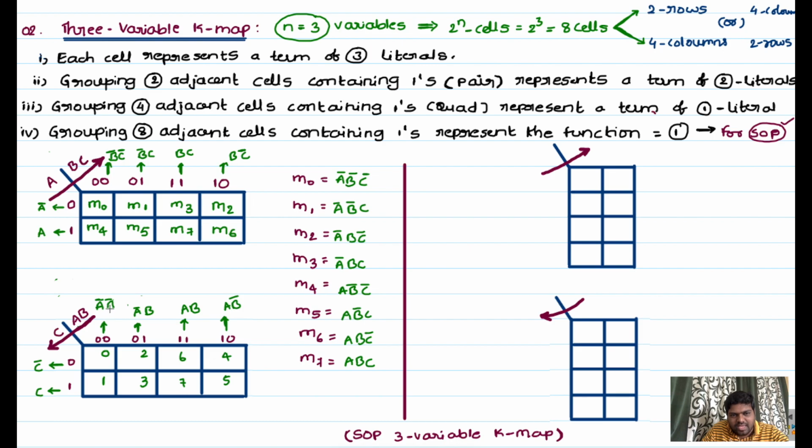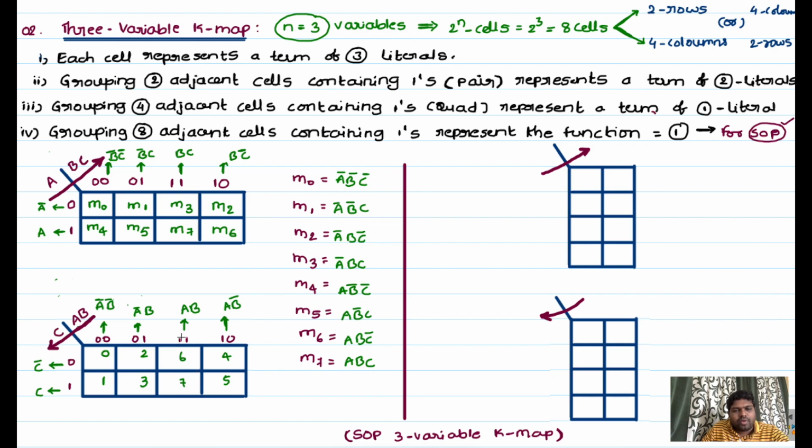So first these are the AB, after that C. So 0 0 0, so 0 only. Next 0 0 1, so we get 1. And next this one 0 1 0, which indicates 2, and 0 1 1, that indicates 3. And next this one, 1 0 0 we will indicate 4, and 1 0 1 we will indicate 5. And next this one, 1 1 0, so this will indicate 6. And 1 1 1, so this will indicate 7.